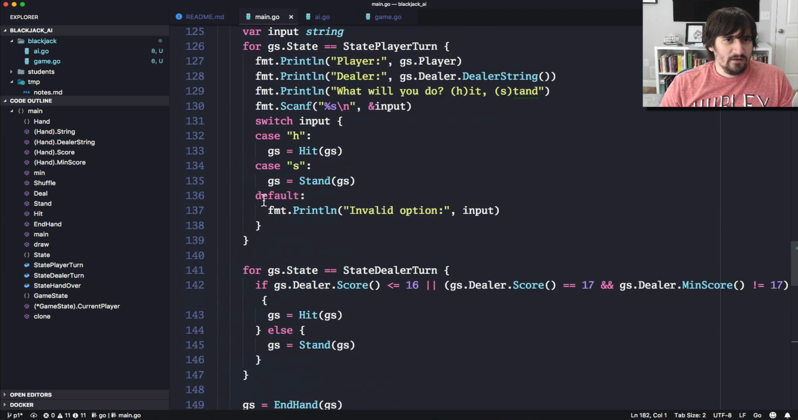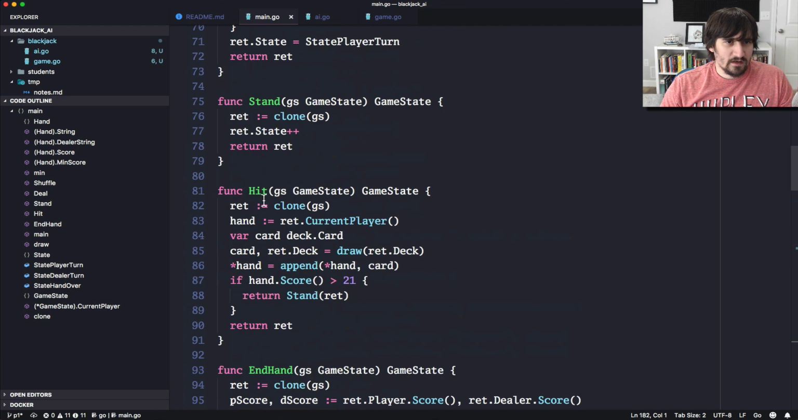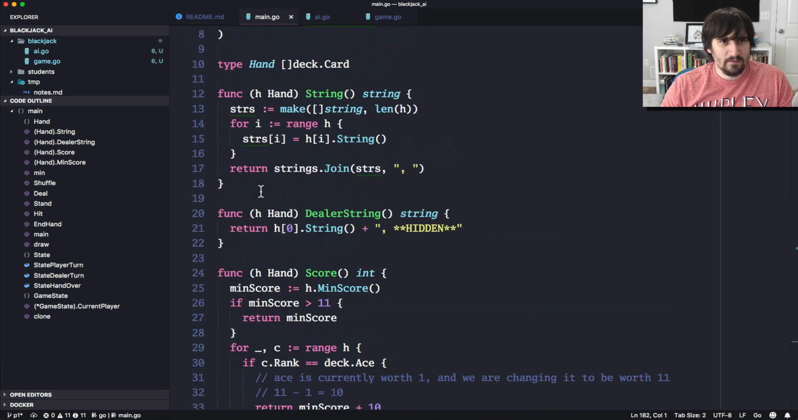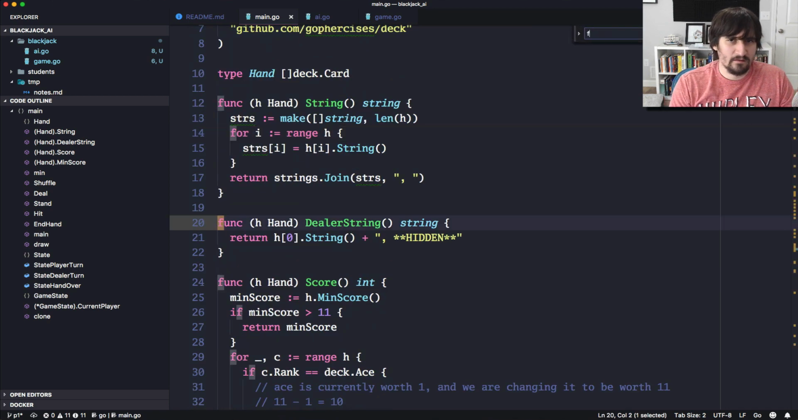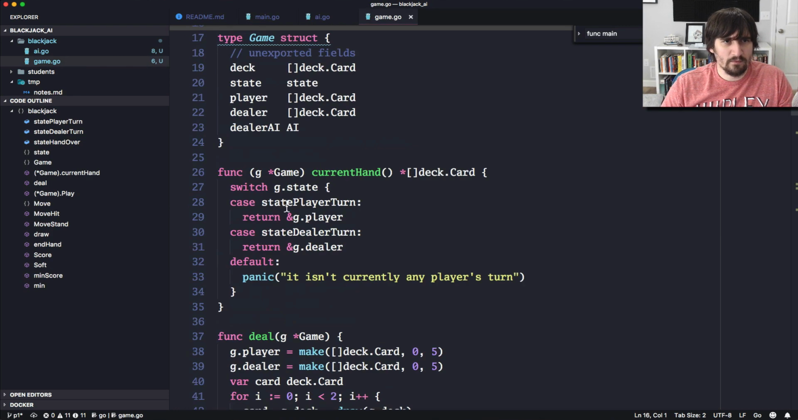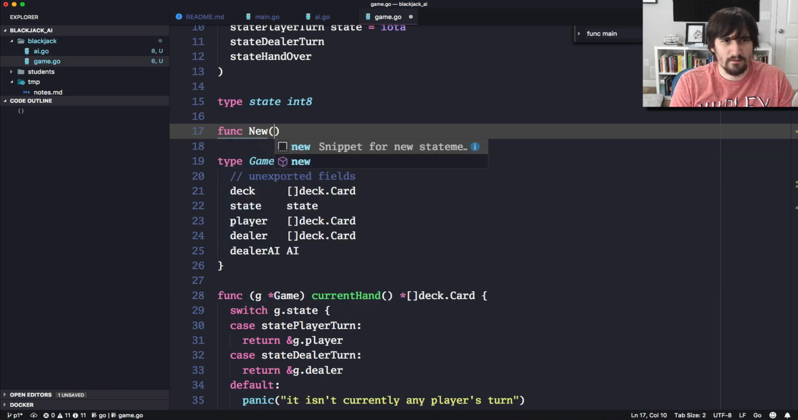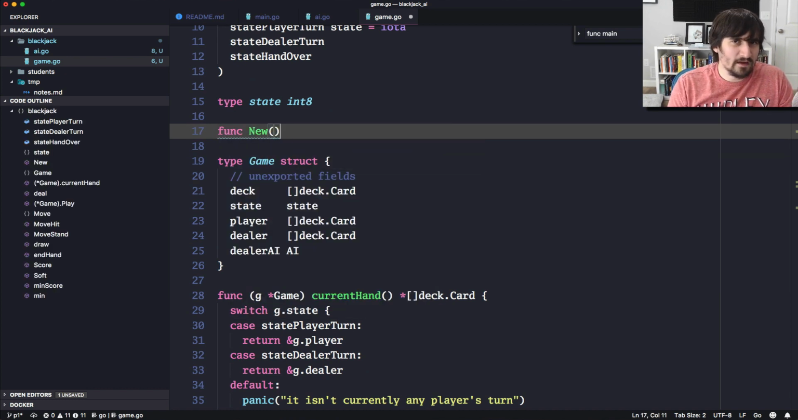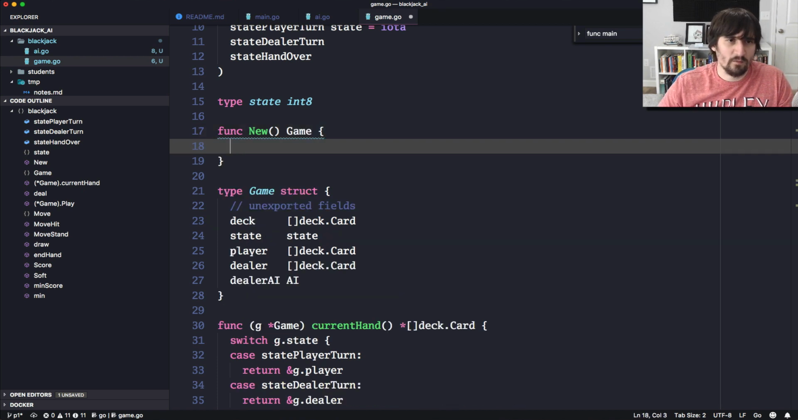Okay, so we need a new. I want some way to set up a new game, and this is where I need to find func main. And you'll see that we don't do a whole lot here aside from just game state. So we can probably get away with something like that here. We'll eventually take options for this new, but for now I'm just going to leave it as is because I want it to just work as it is. So I'm going to return a game,